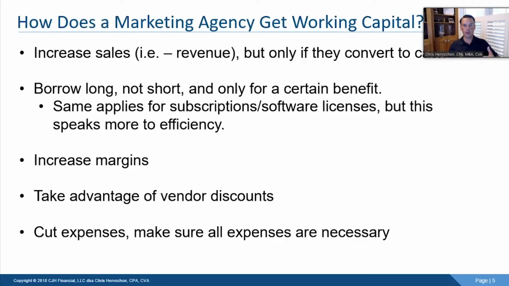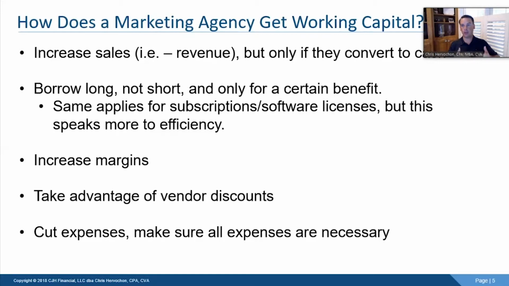We just talked about that in the first bullet point, right? So by borrowing long, we do not increase that right side of the equation. We don't increase that current liability side because it's a long-term liability. But we do increase the left side of that equation, which is the current assets, which is cash. Cash is one of the current assets. So if we increase current assets, we do not increase current liabilities. What we have done is we have increased our amount of working capital that we have. Now, we have to make sure that there's a certain benefit, because at some point that long-term payable is going to turn into a short-term payable, and we need to be able to make sure that we're going to pay it